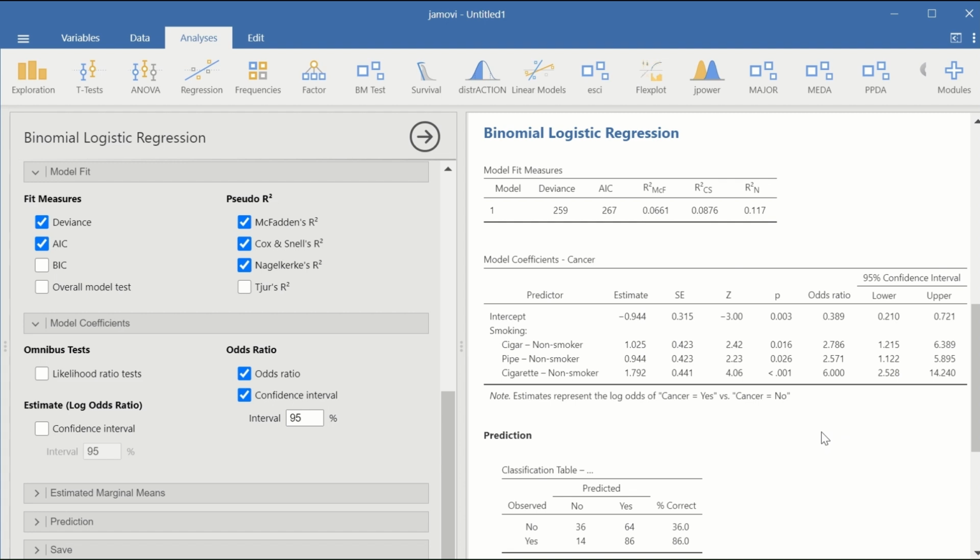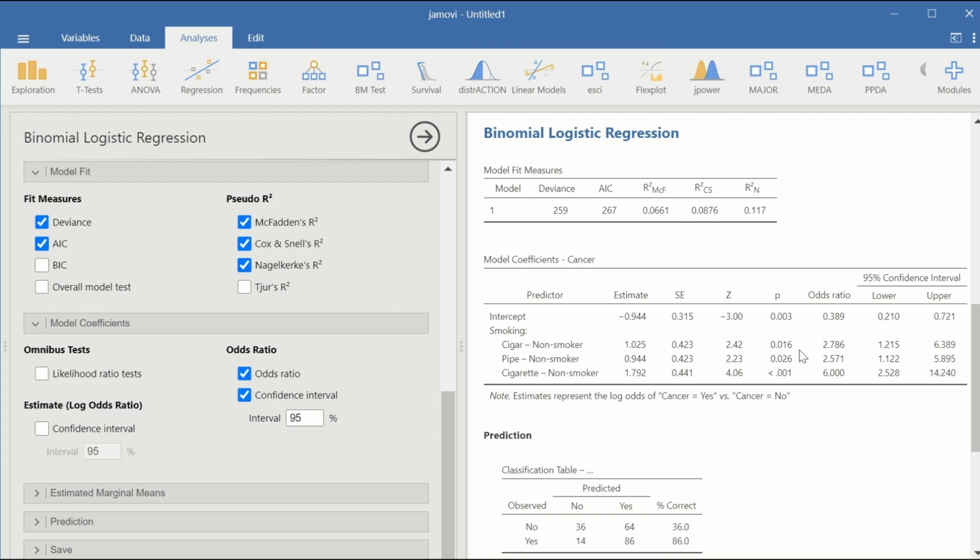The way to interpret this table is that those who smoke cigar have increased odds of 2.7 compared to non-smoker. Or in another way, those who smoke cigar have a higher chance of developing cancer, or are more likely to